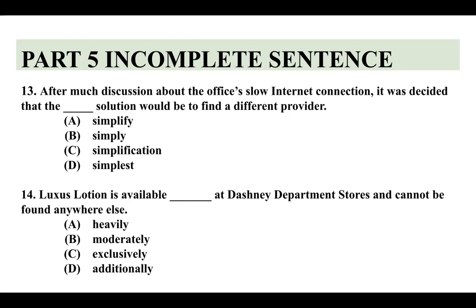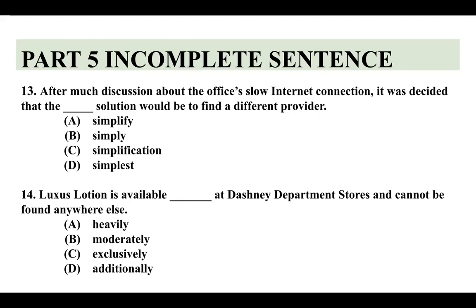A simplify, B simply, C simplification, D simplest ข้อนี้ง่ายมากครับ solution เป็น noun ก่อนหน้า noun ต้องการ adjective เราตัดตัวที่ไม่ใช่ adjective ก่อนนะ simplify เป็น verb ตัด, simplification เป็น noun ตัด, simply เป็น adverb ตัด ต้องการ adjective ครับผม simplest เนื่องจากมี article a และ the นั่นเอง ตอบข้อ D พิมพ์ดีมากเลยครับ ทันนะ everyone don't worry นะ ไม่ยาก อันนี้ง่ายๆ plain